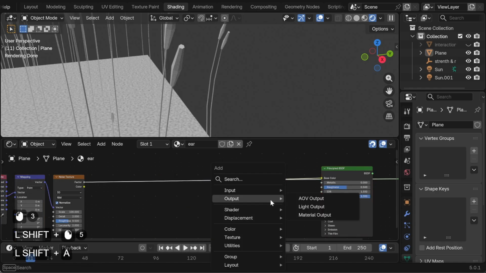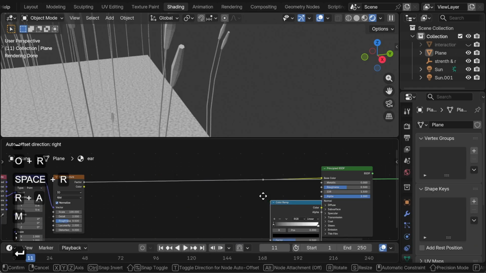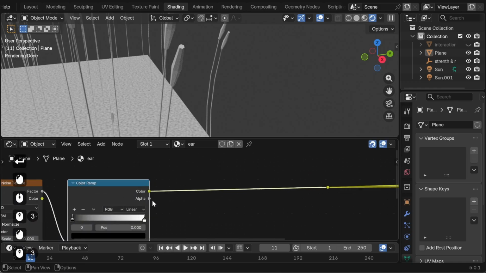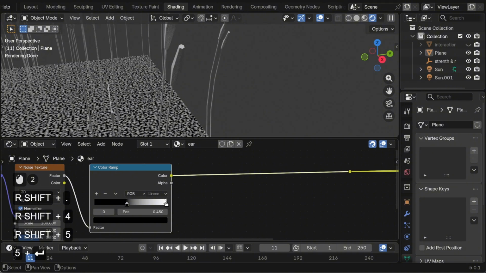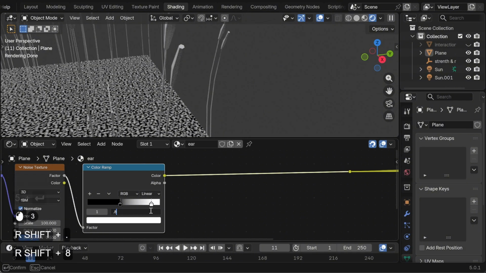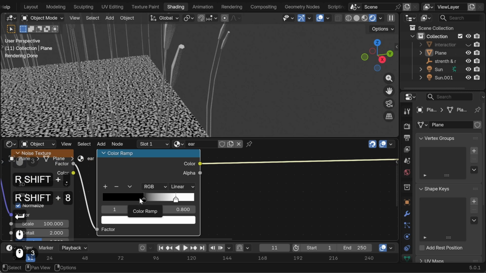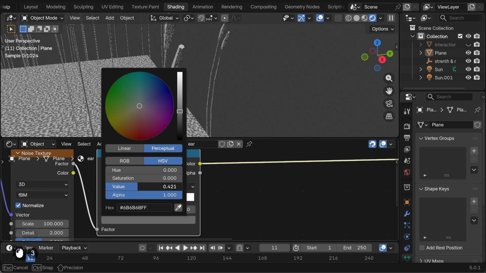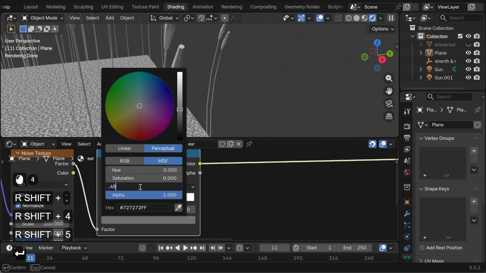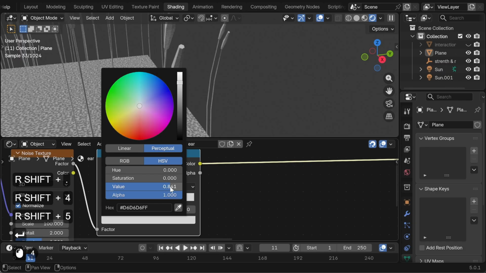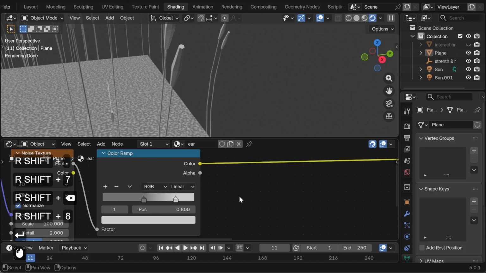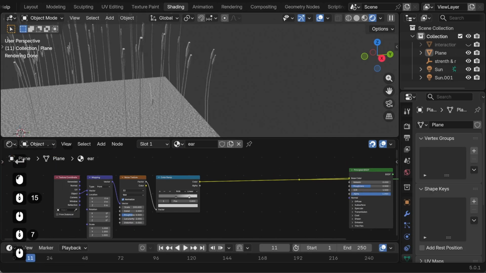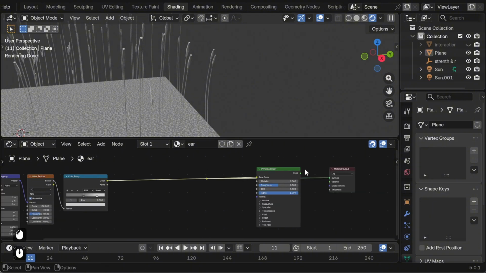And we want to do a color ramp to push the colors a bit closer actually, like this, 0.45 or something, and this like 0.8. And these colors are still too far away, so we will bring up the value of this one to like 0.45 and lower the value of this one slightly less to 0.7, 0.8 maybe. This looks kind of great, and I actually want to mix these colors, so I want to delete this and